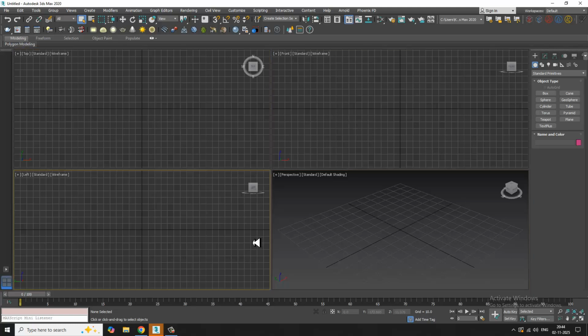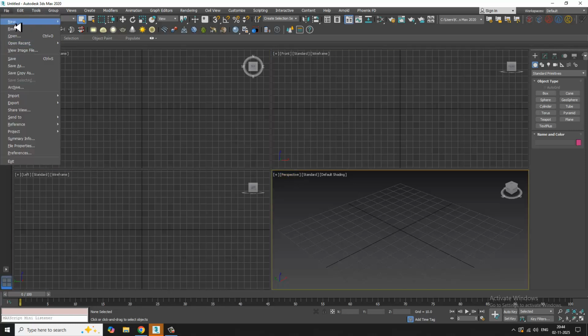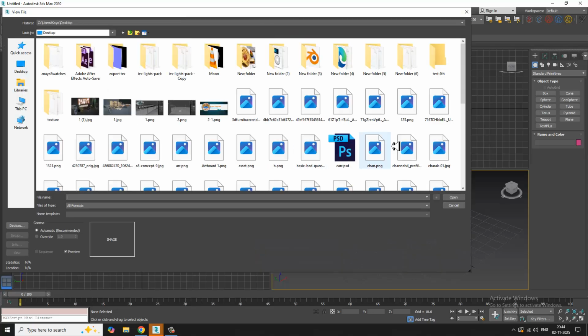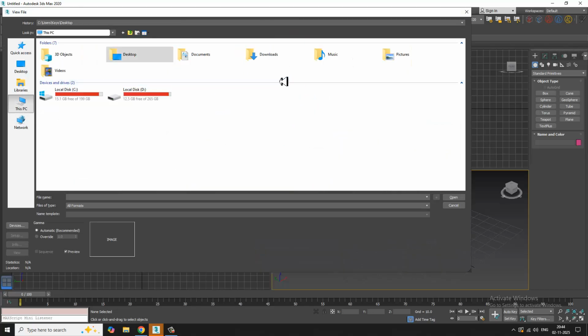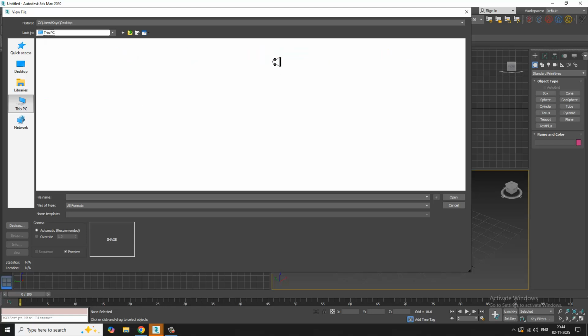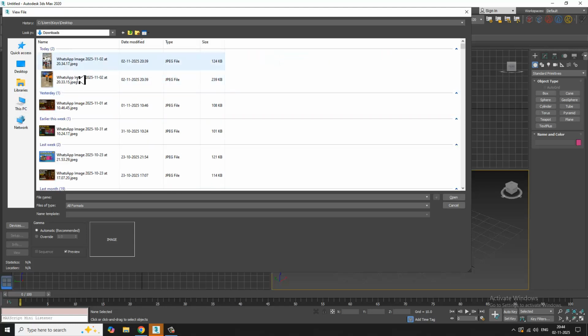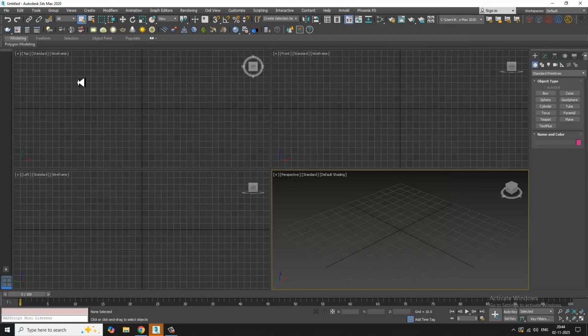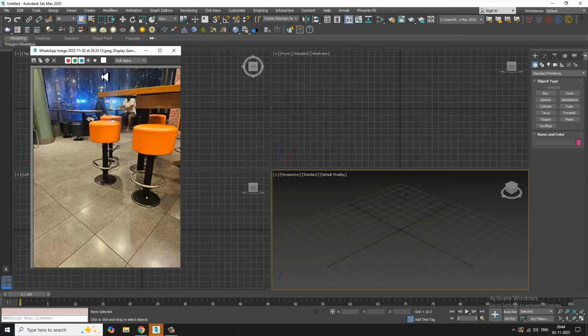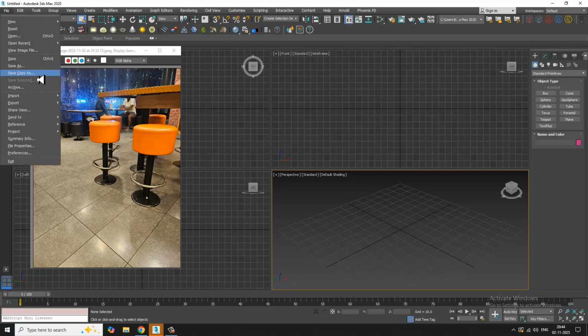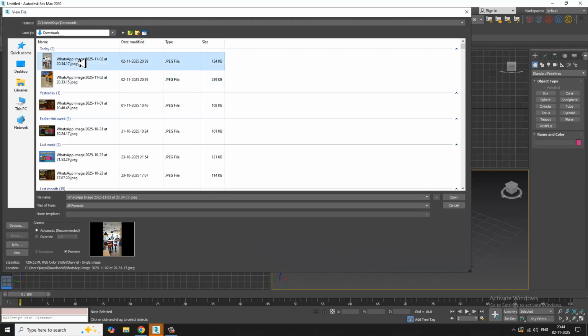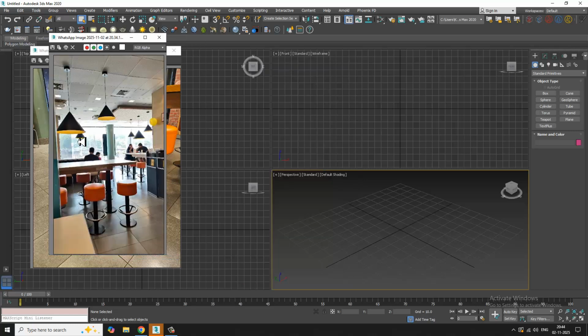So here I am coming up with a small tutorial on 3D modeling cafe interior furniture. So let's get started. I have some references over here. So I'll open some references. So let's take these references over here. So very first of all, let's make a